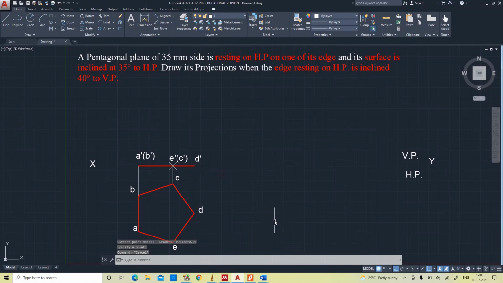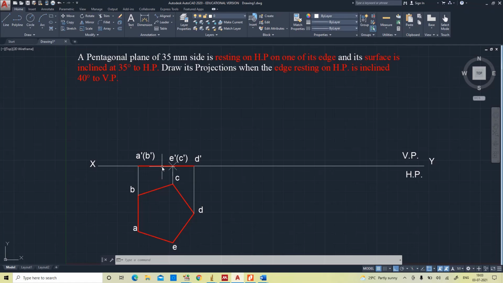Yes. And now the plane which is resting on HP is inclined 35 degrees to HP. This complete surface is inclined to HP at an angle of 35 degrees. When this surface is inclined to HP, the front view looks like an inclined line.